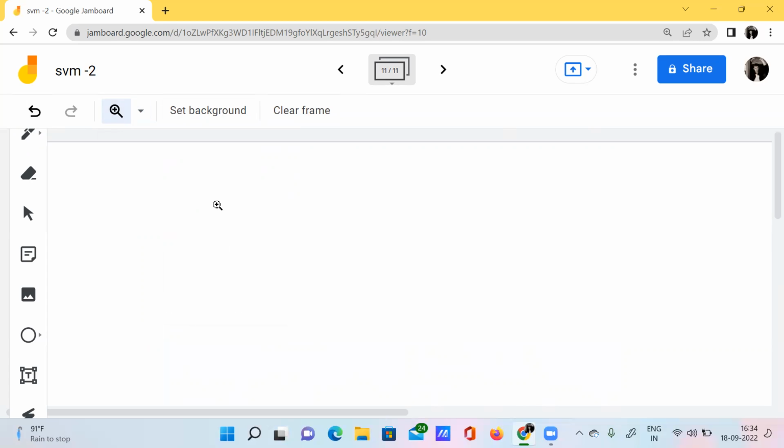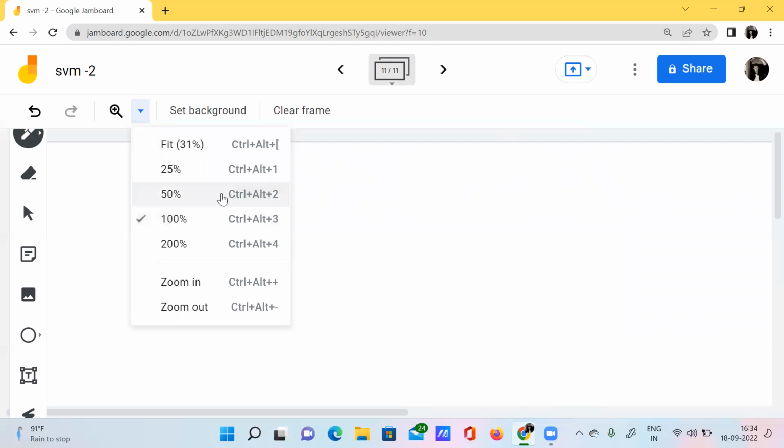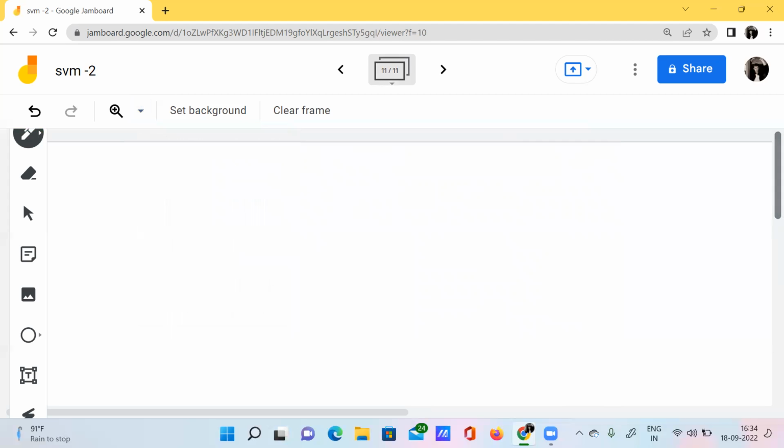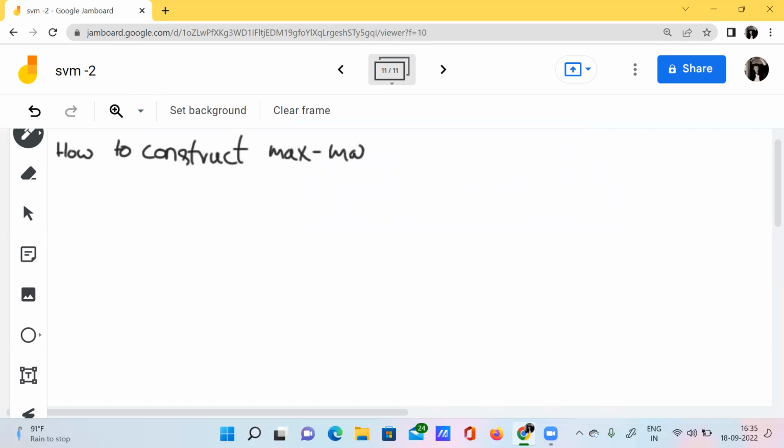Now I'm going to explain how to construct a maximal margin hyperplane.